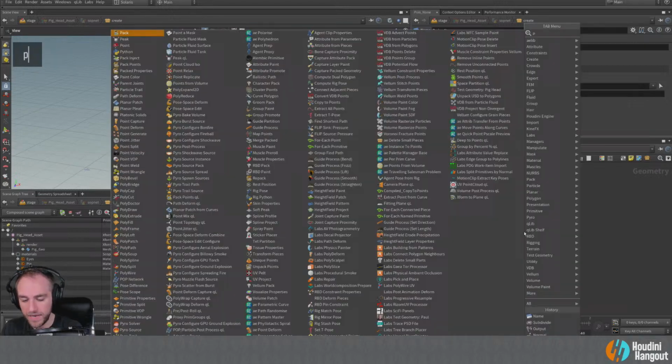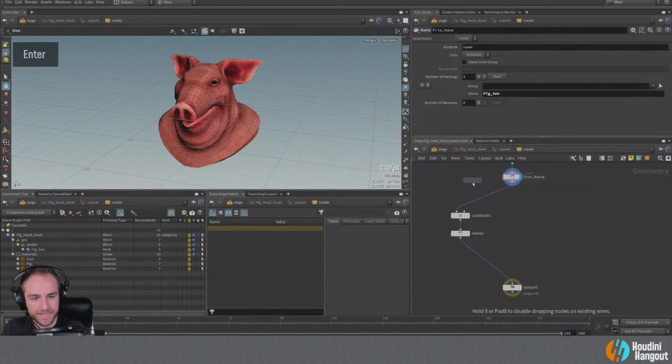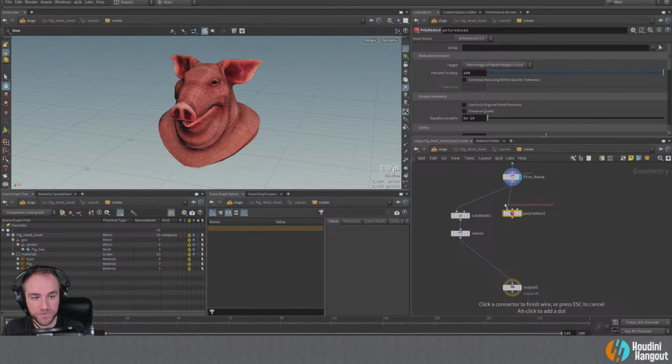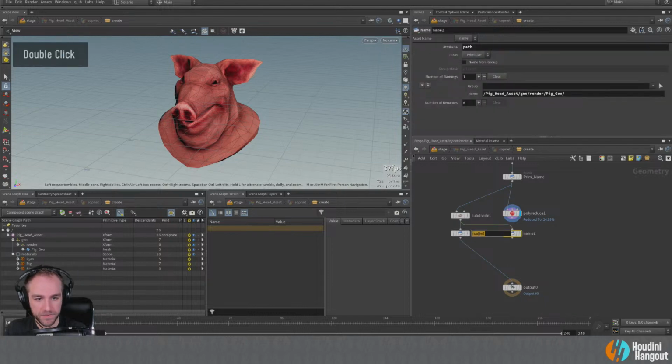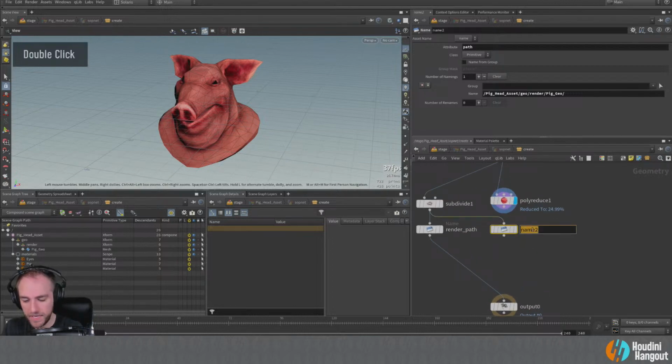We could do a poly reduce, and this is really common, even some of the tools in Solaris and LOPs do a poly reduce to get a proxy geometry. So I'm just going to do, I think, 25%. Yeah, it should be fine. So we'll do a poly reduce. And then I'm just going to copy this over and we'll say render path. And then this is going to be proxy path, like so.